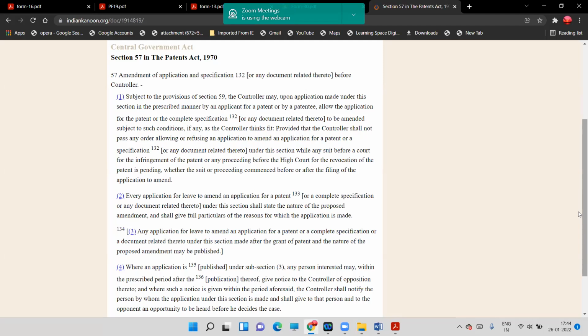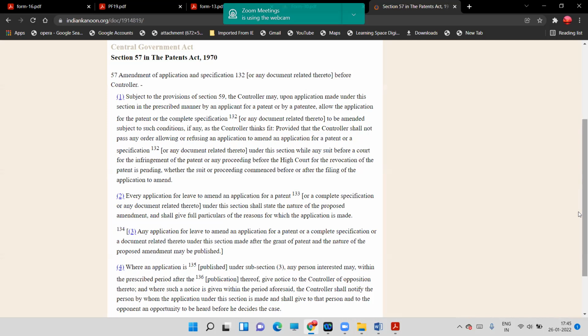In case we have any application or any complete specification, and if the controller asks us to amend that application after examination, that specification... Like, if in your background you should put this reference, so you will be amending that application, and for that you will use this Form 13, and it will go under Section 57. Right? To add any reference or to